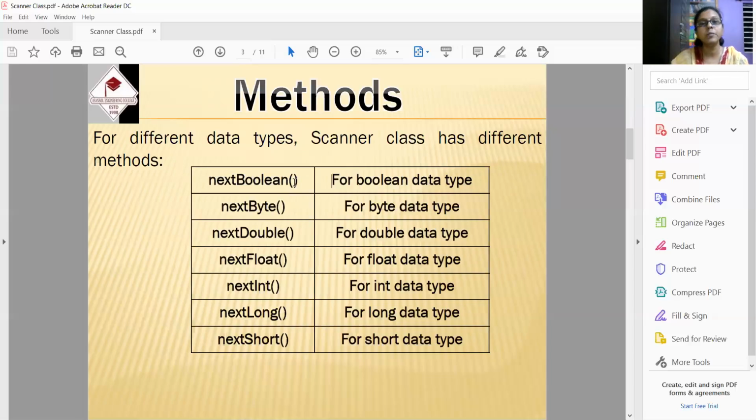Other data cannot be converted to boolean and cannot be stored within a boolean type variable. Similarly, there are nextByte, nextDouble, nextFloat, nextInt, nextLong, nextShort. All are the primitive data types. Now, among those primitive data types, one is left. Just remember, that is char.